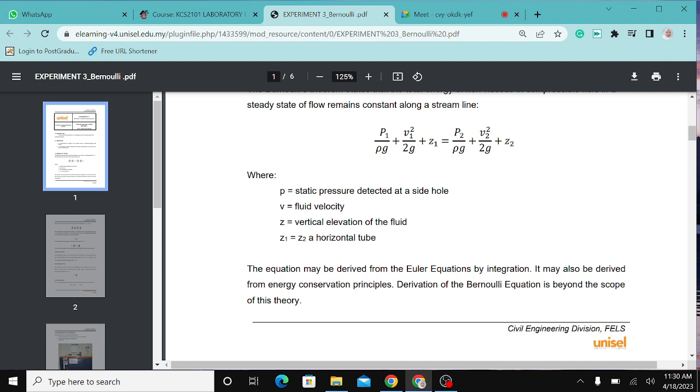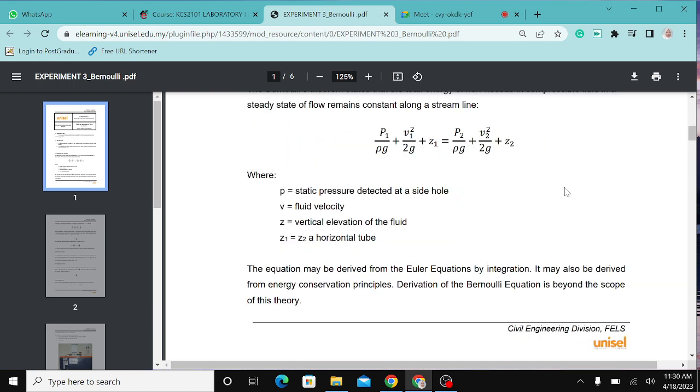Z is the vertical elevation of the fluid. Z1 and Z2 is the horizontal tube. Okay, Z1 is equal to Z2 for a horizontal tube. Okay, so this equation ataupun this equation yang atas ni, okay,